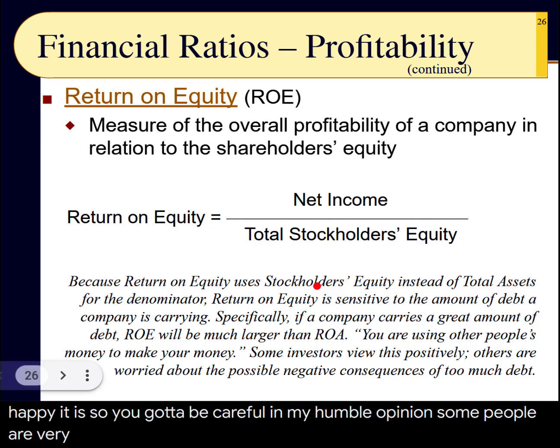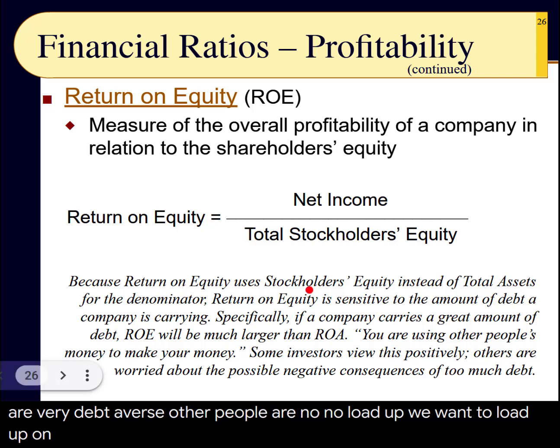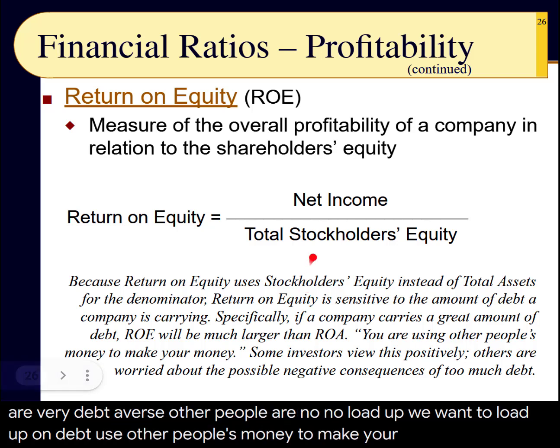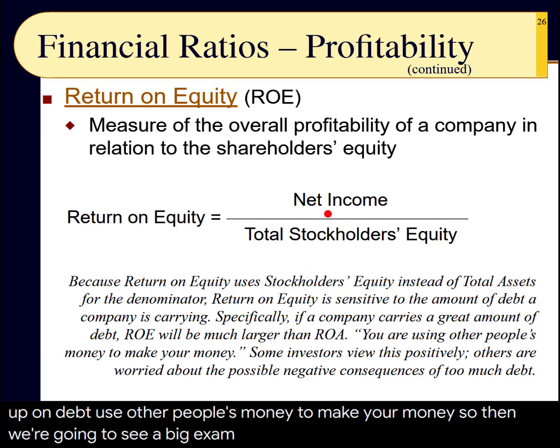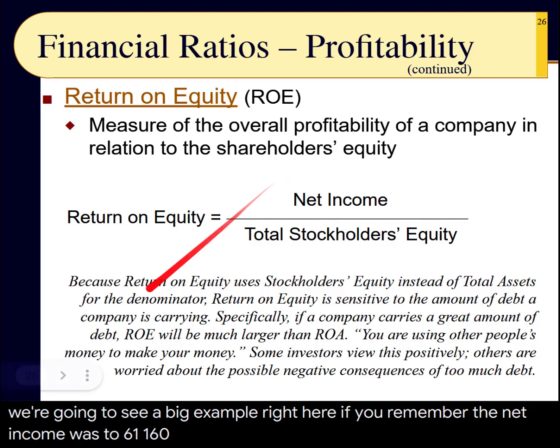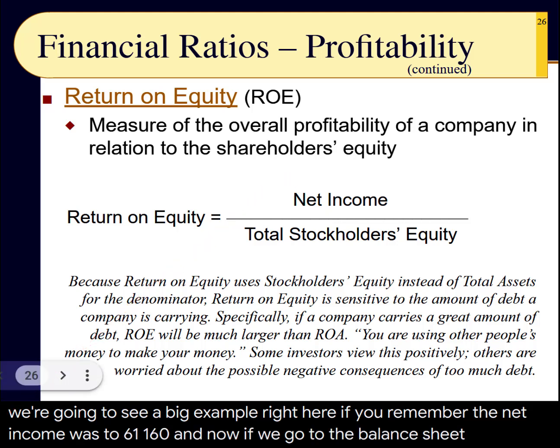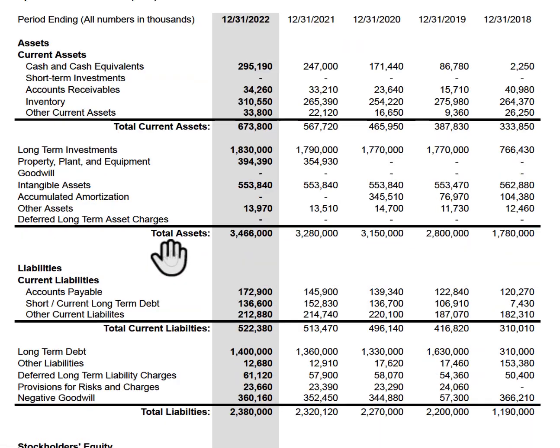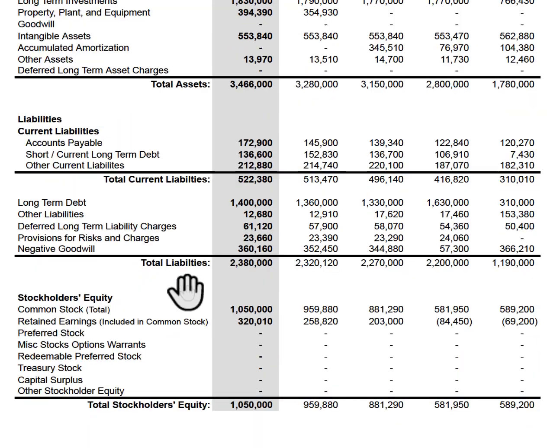Some people are very debt averse. Other people are, no. Load up. We want to load up on debt. Use other people's money to make your money. So we're going to see a big example right here. If you remember, the net income was 261,160. And now if we go back to the balance sheet and go down, we see the total stockholders' equity is